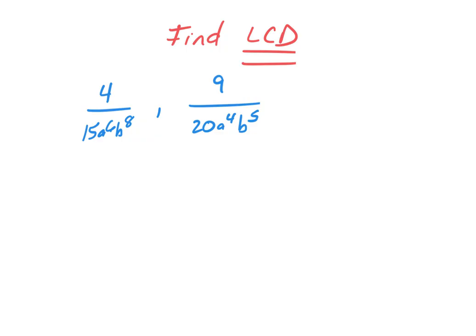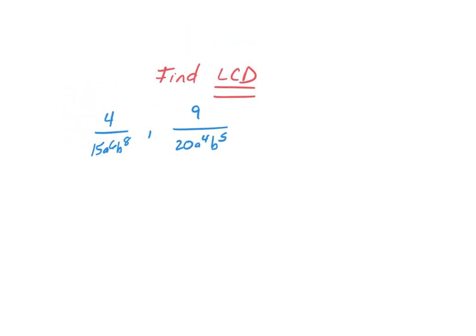So like if I did 15 and 20, yes, you could multiply 15 times 20, but that's going to give you a really large number, okay? And so we got to find something that both 15 and 20 go into. And there's a couple different ways that you could go about that. One way you could do it,